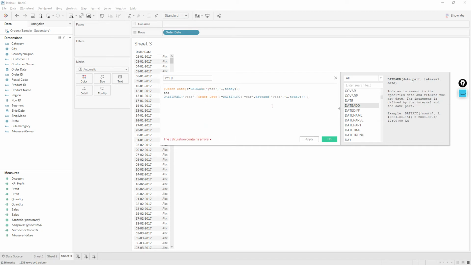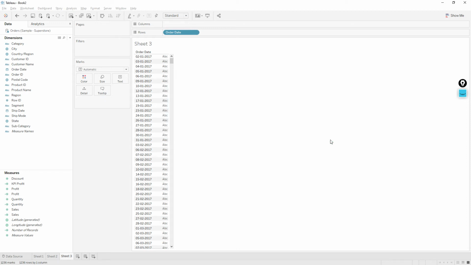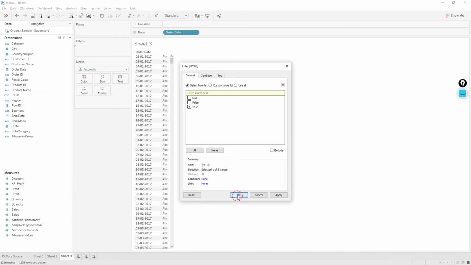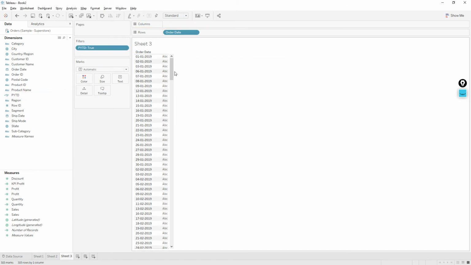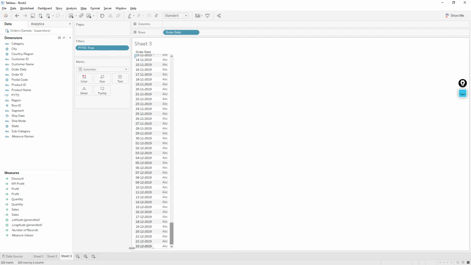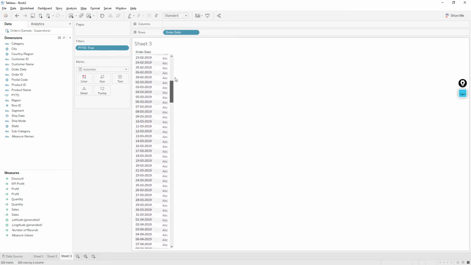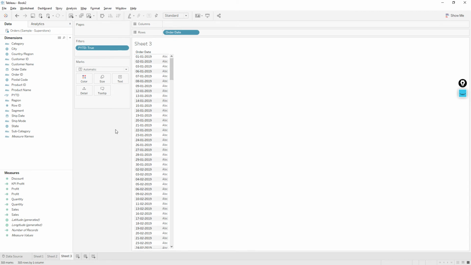Okay, now the calculation is valid, and then click OK. Now let me drag this calculation to the filter shelf and choose true. If you see, we have the data starting from 2019, that is the previous year, to the current date, that is 23/12 of the previous year, 2019. So we have the data PYTD.